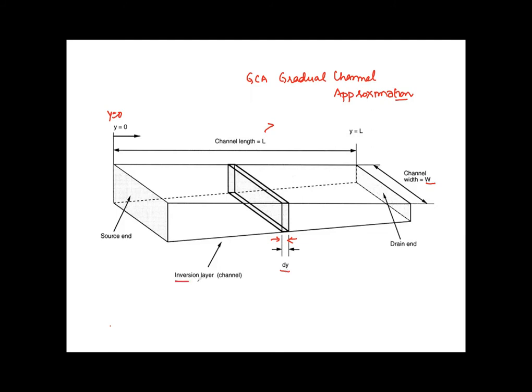Later on, we integrate this to get the entire equation. This is also called the inversion layer, because this is going to be inverted. Also, one more thing you noticed, that this is not a drawing mistake, that this end is more and this end is less. The reason for this is that your drain is positive. We have holes over here, and electrons from the source will travel to the drain. So there are more electrons at one end and fewer at the other. That's why the gradient is there, and this gradient is depicted with the help of this figure. So let's move ahead.